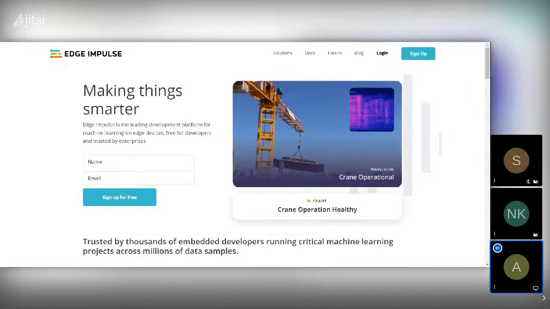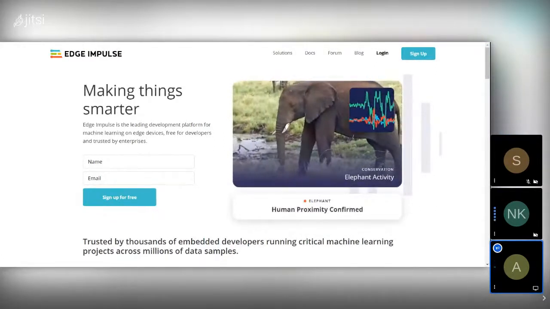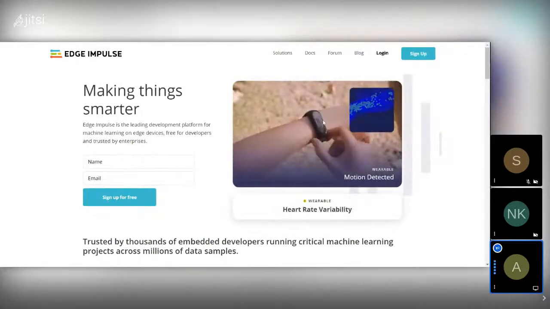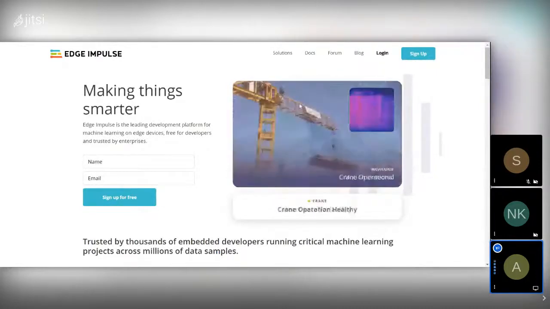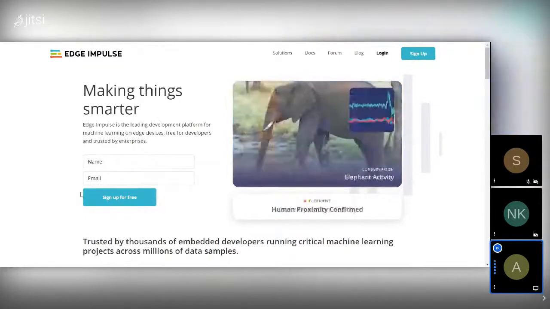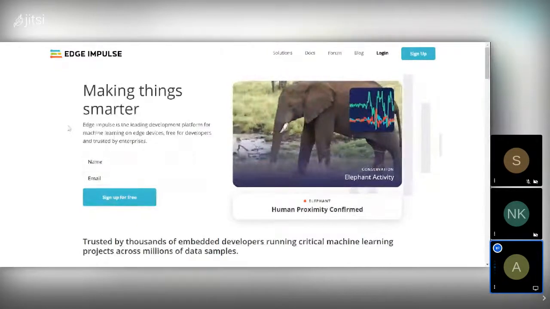Yeah, so this is the main page which you get on searching edgeimpulse.com. These are some of the places where the Edge Impulse software is being deployed, and here is a page where you can put your name and email and sign up for a developer account.